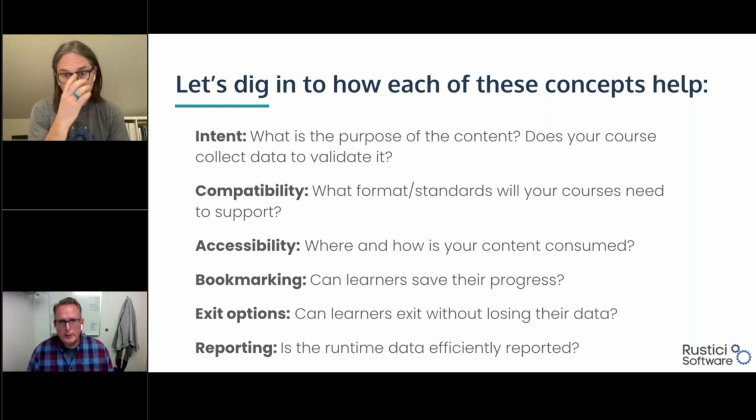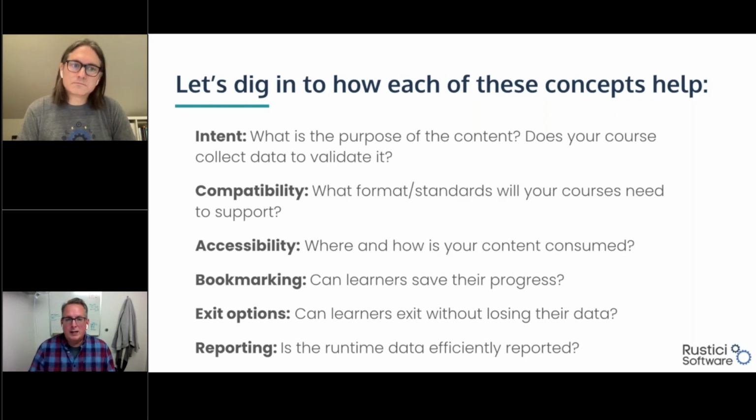Exit options. We always push folks to provide their learners with a way to exit the content that isn't just closing the window. It's going to provide a clear way for not only the learner to leave, but also for the content to kind of unpack or really repack things, put all of its books back on the shelf, and run through its exit routine. This way, it is setting all the things that the LMS expects. So you're going to be hopefully getting everything that you're supposed to be reporting on. And it gets you around issues like lost completions, lost bookmarks.